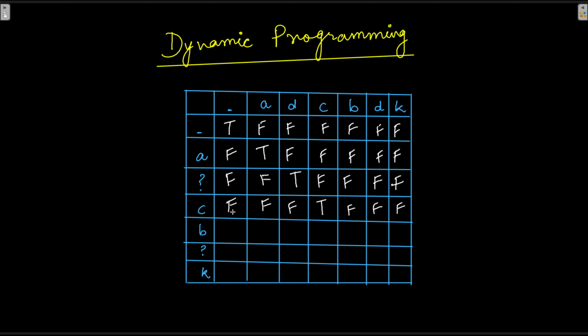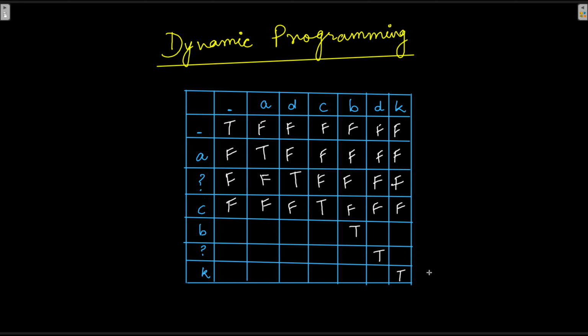So you will notice that in a similar way, we can write T here as well, and rest of them are going to be F, and then there would be a question mark here. Then finally, we are going to check question mark against D, and that would be a match. And then for the pattern until B and the string until B, that is also T. So both are T, that's why this would also be T, and then similarly this would also be T. So we have our answer. Rest of the values you should be filling it here, but we know that it is going to be T. So this is your second big example using dynamic programming.